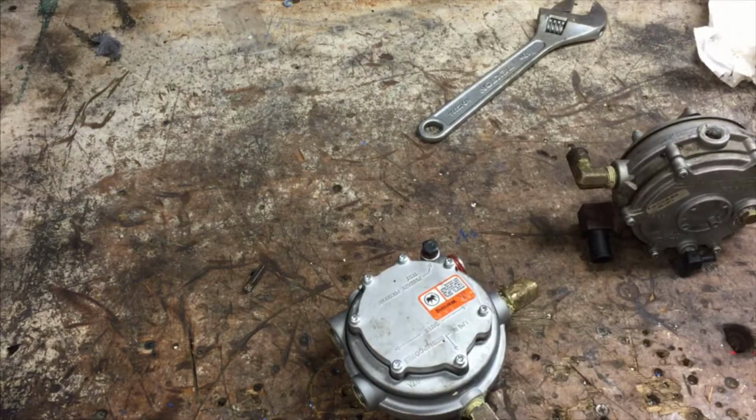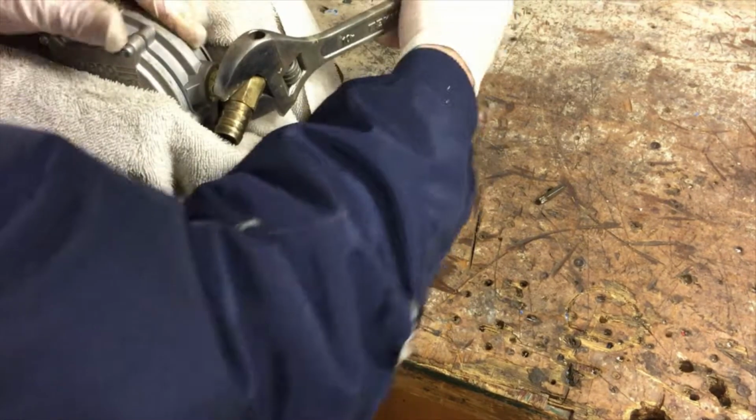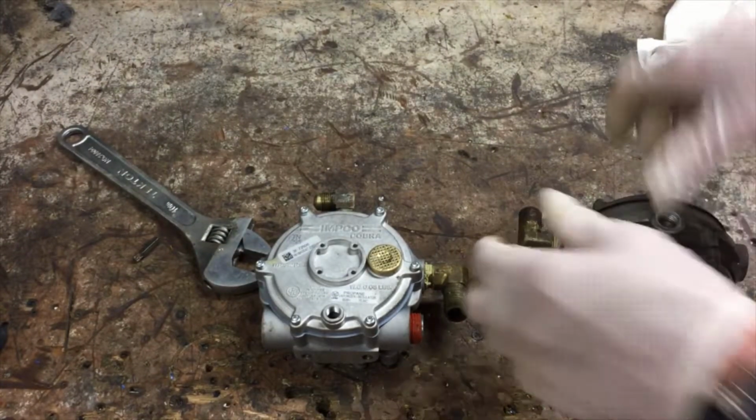Let me see if we can get... So I gotta put this thing down. I want to see if I get one more turn on it. So let's go ahead and stick it right here. Sorry, not too tight in the vise there. No, I think that's good. Certainly don't want to over tighten it. All right, got that water jacket or water